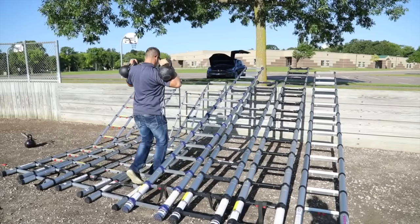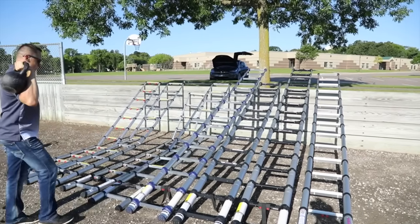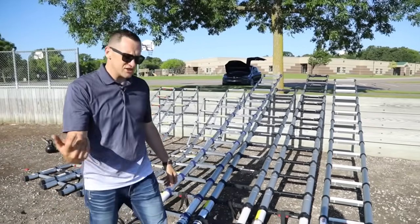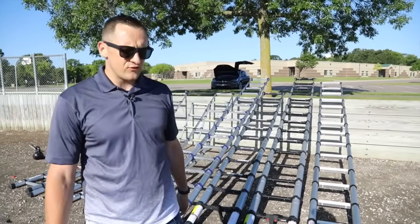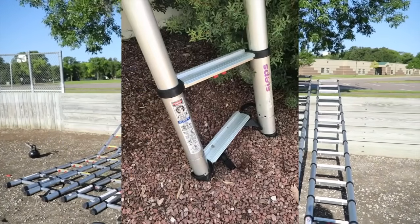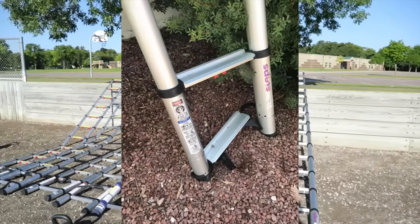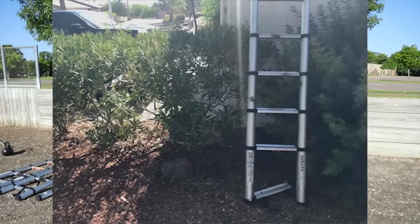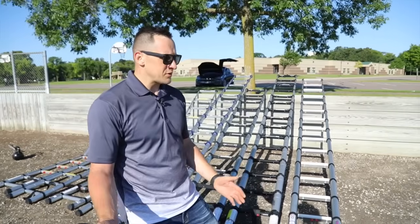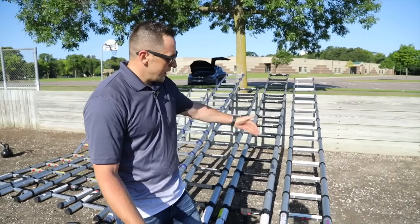Yep, broke right there. Now, some people might say, why do you do it? Just this past week, one of my close friends, Lorene, posted a picture of a broken ladder. It was the last one right here, Telesteps. She posted a picture: an insurance adjuster, during inspection, came and without her permission started using her ladder and broke the first